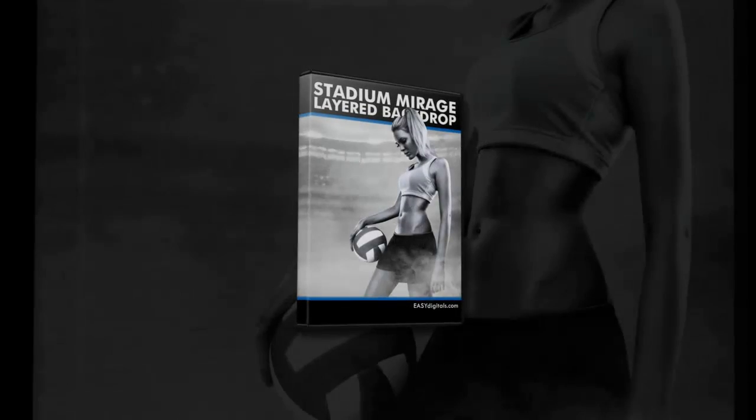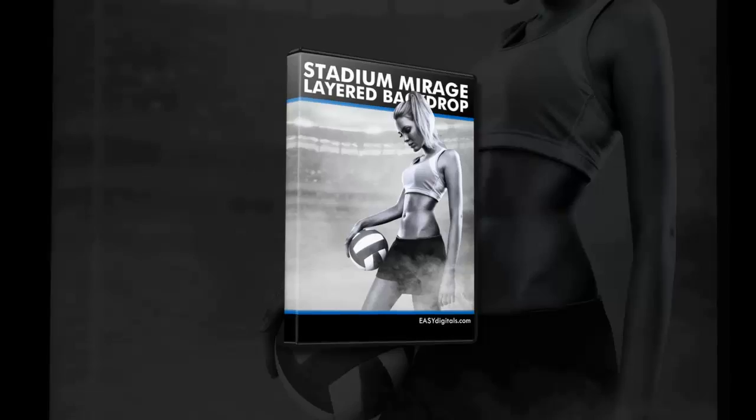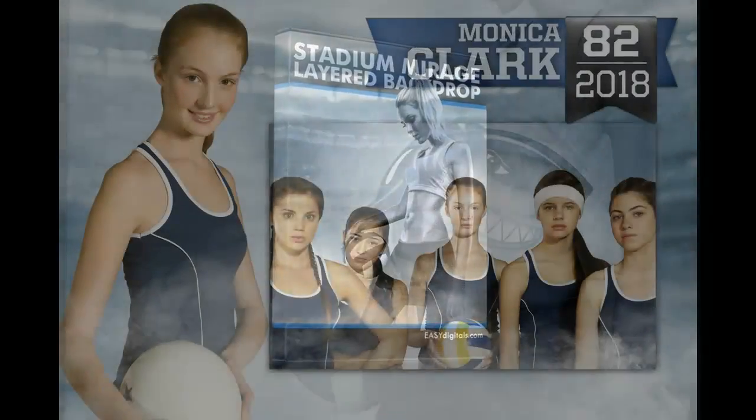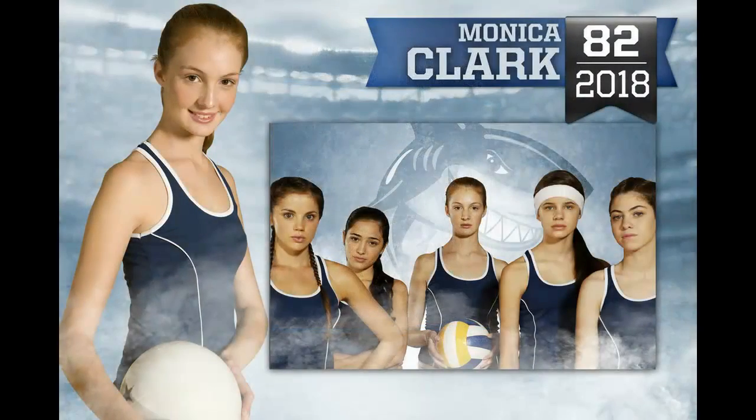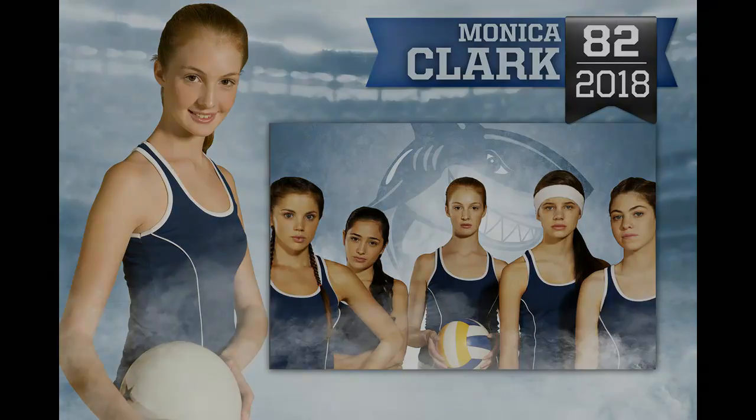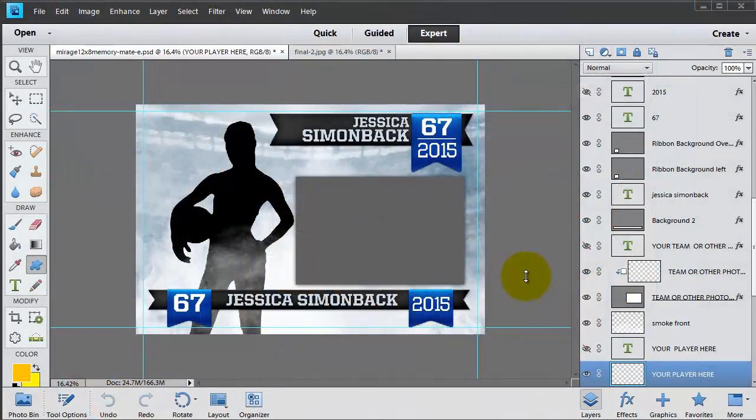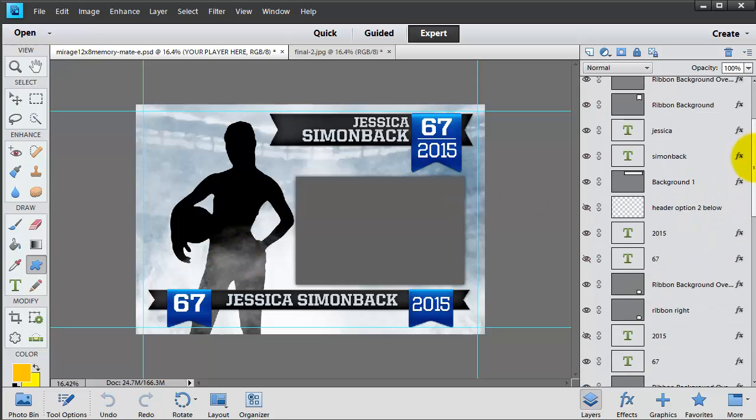Today, I want to show you how to customize this Stadium Mirage layered backdrop. So I'm starting out with one of the most difficult templates in the set just so that I make sure that we cover everything. So when you open it up, it's going to look like this, and you're going to have some layers here like this silhouette that you're going to need to turn off once you get your player